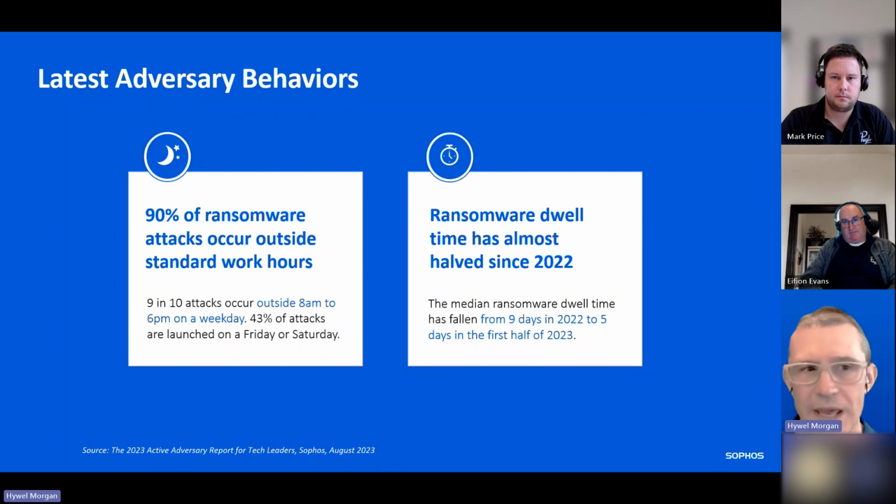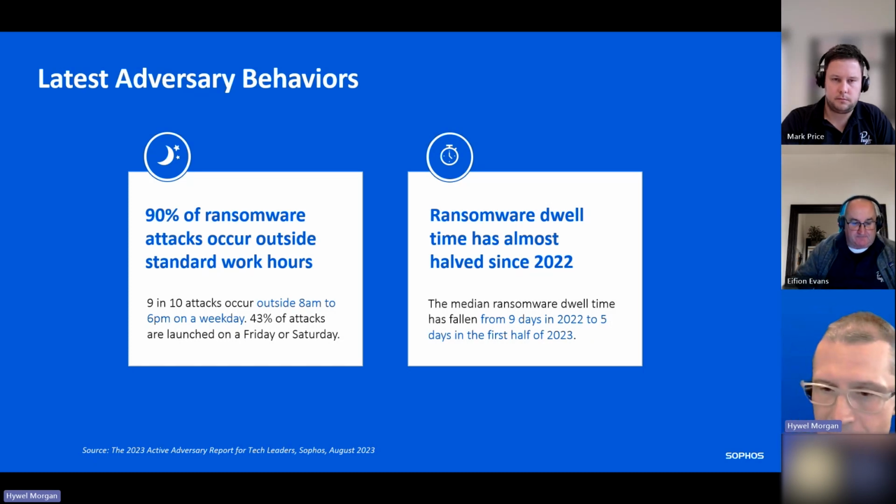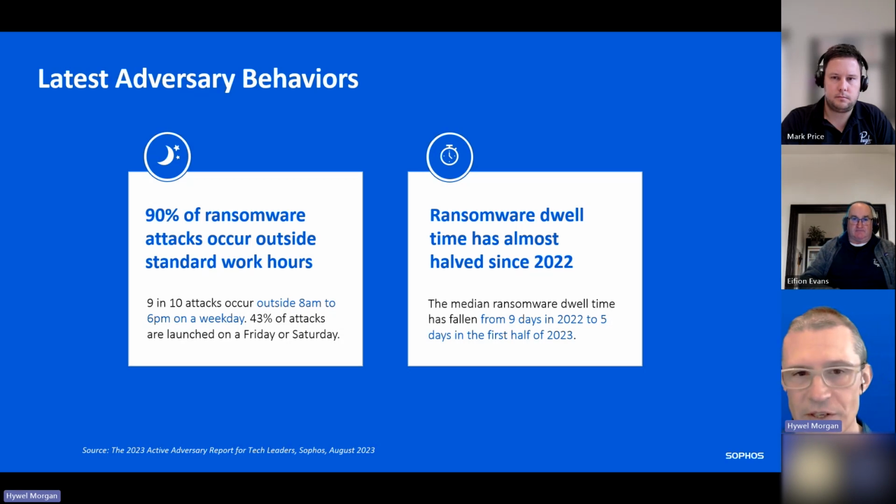You might say, how are they getting past the protection layer so easily? Isn't that the job of the likes of Sophos to stop that? And it's a fair question. But the majority of the attacks now aren't people hacking in. It's compromised credentials. It might have been a phishing attack many, many months ago, but those compromised credentials mean an